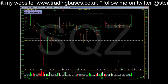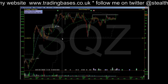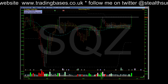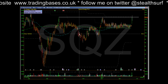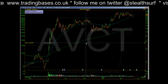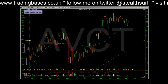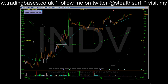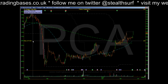I think that if you're interested in this one, I think it would be wise to let it break out first myself, but it's not that high on my focus list. See it break out, pull back, form a lower risk entry maybe would be the way to look at ones like that. Don't quote me on that. I've not looked into it any further than that, but